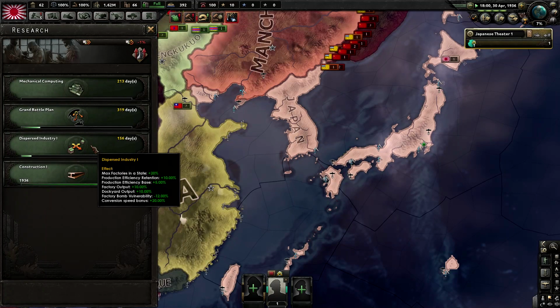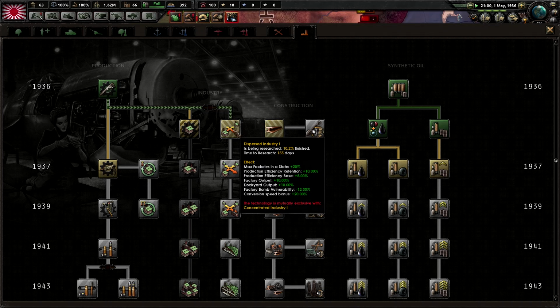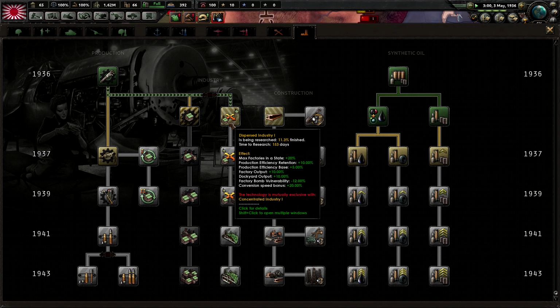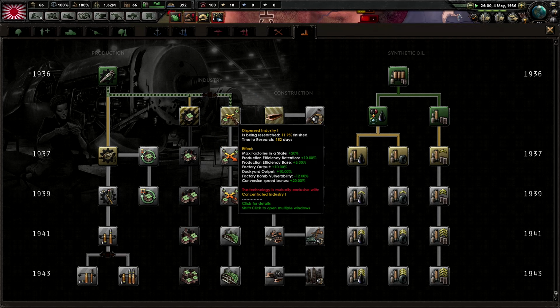And yes, we are doing dispersed industry because I like dispersed more than concentrated, because yes, you get a little bit less. But all in all, you get like 20% less production with dispersed than you would concentrated. But the big difference between them is definitely by far the bomb vulnerability. So you're not getting as many factories destroyed if the enemy is strategic bombing you. But you also keep this